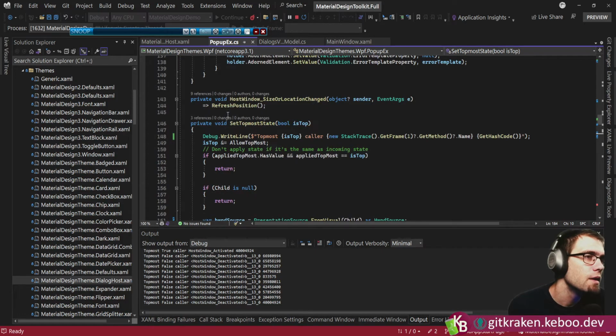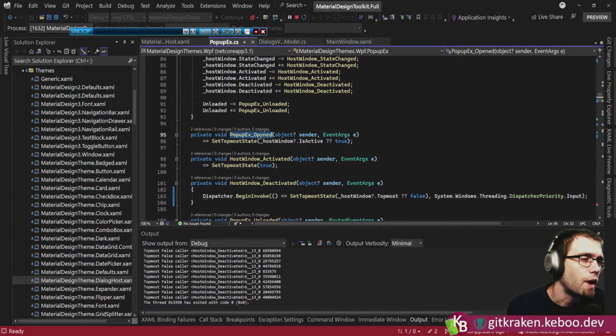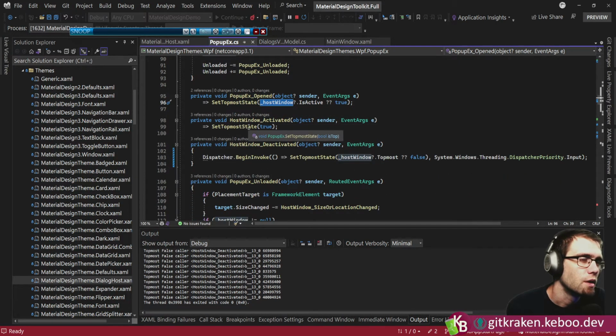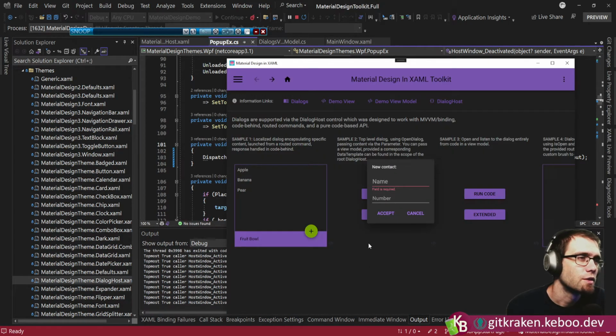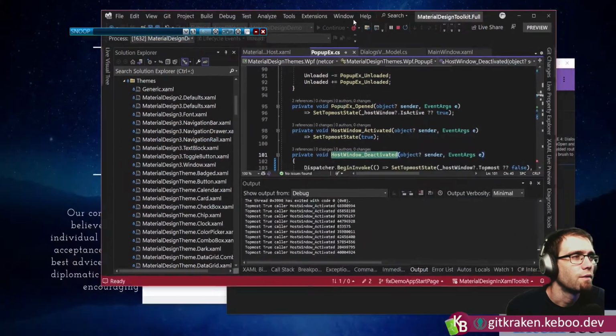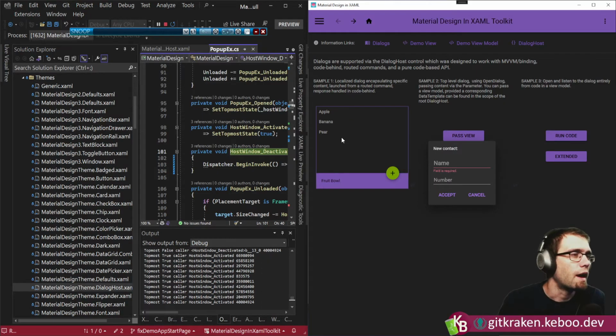Okay, so let's look at these three cases. So pop-up opened. We pass the window active or default is true. Good. Okay, next one. Host window activated should be true. Okay. Host window deactivated. So that would mean, for example, this. So here,